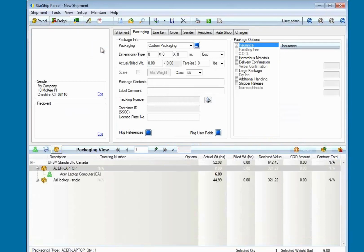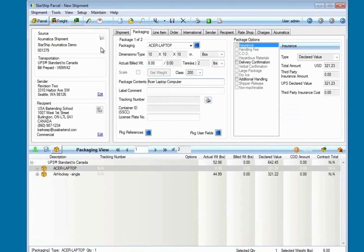From there, we can get into batch processing. We can manually type in the shipment number, as I did, or if your pick sheets or whatever you're shipping against are barcoded, you can just use a wedge type scanner as well and scan in that source document number. So Starship's really just mapping fields